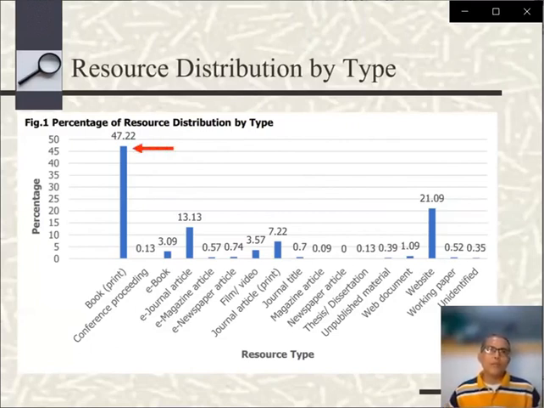Print books have the biggest percentage of resource type in the syllabi, with a total count of 1,086 or 47.22%. This suggests that the RBRCOB faculty are more inclined to use print books as reference or material for their